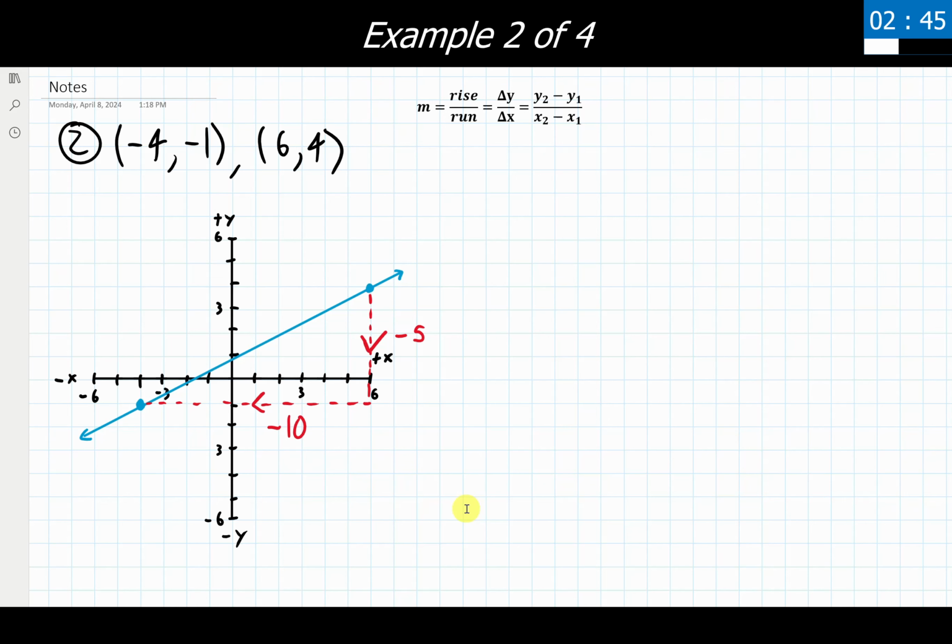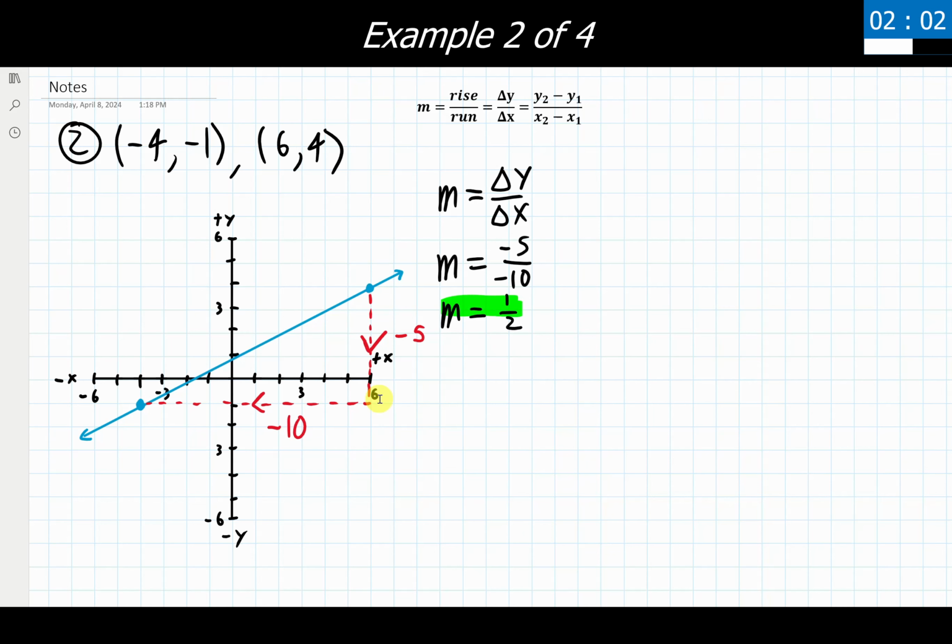Okay, I can write out, maybe not rise over run, instead maybe you want to use delta y over delta x. That's perfectly acceptable, it means the same thing. So we'll use that instead. What did I find as my change in y values? I found that I went down or decreased by 5. So I can write that in here. And then how much did my x values change? Well, I moved in the negative direction by 10 again. So I get a slope of negative 5 over negative 10. I can simplify this further, and that will become a slope of m equals 1/2.